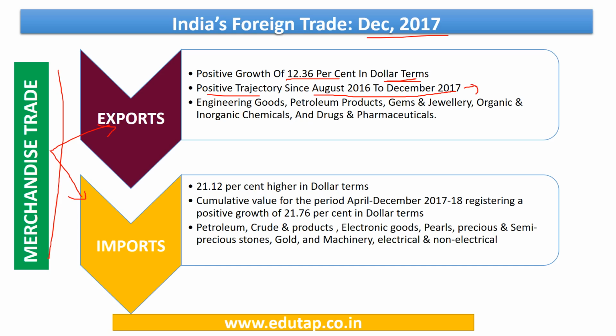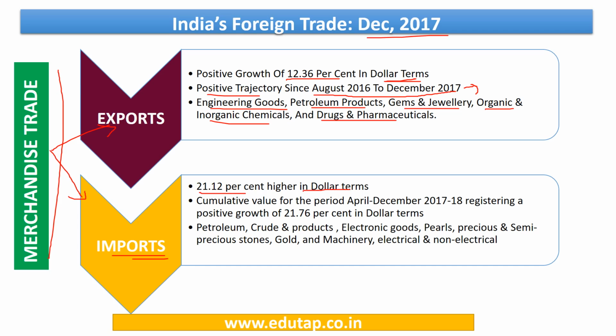During the month of December 2017, the major commodities which have shown a positive growth rate as compared to the corresponding month of last year are engineering goods, petroleum products, gems and jewelry, organic and inorganic chemicals, and drug pharmaceuticals. Similarly, taking care of the imports section, there has been growth of about 21% again in dollar